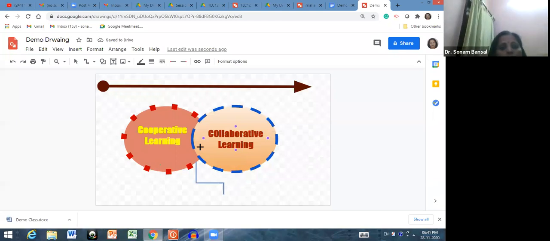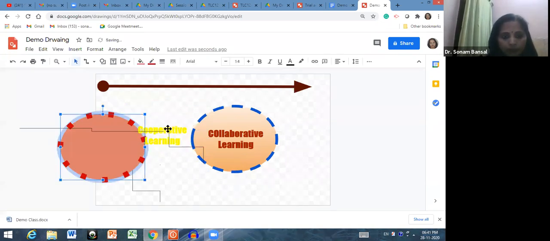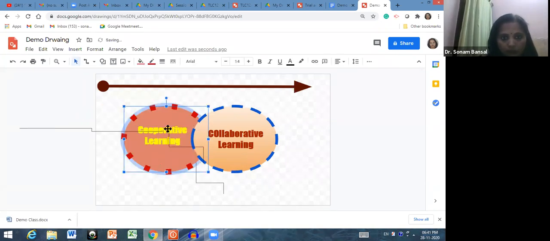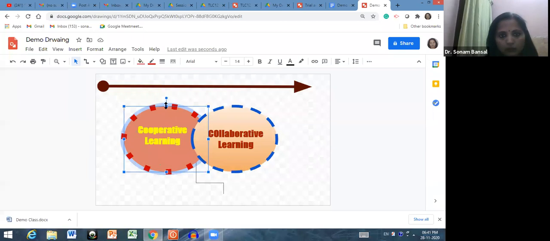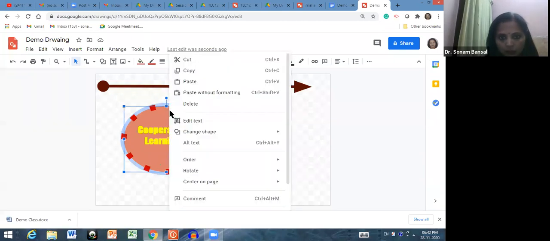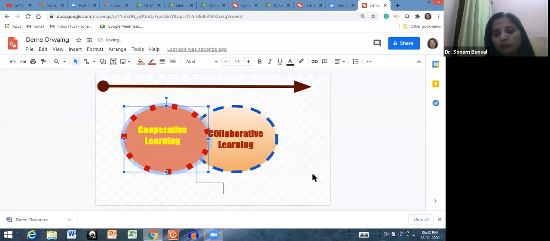Now, yes, how to insert an image. Let's suppose you don't want this. If you want to change the order, then what you can do, go to the order and bring it to the front or bring forward.